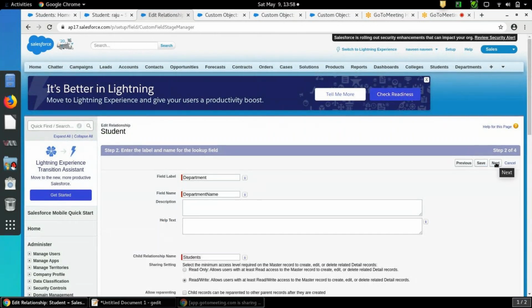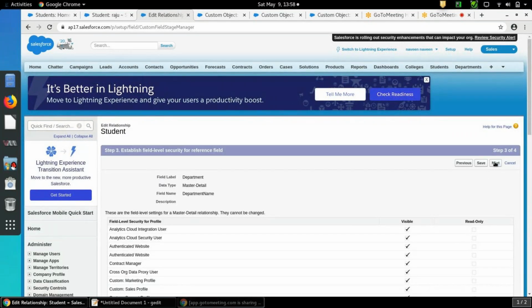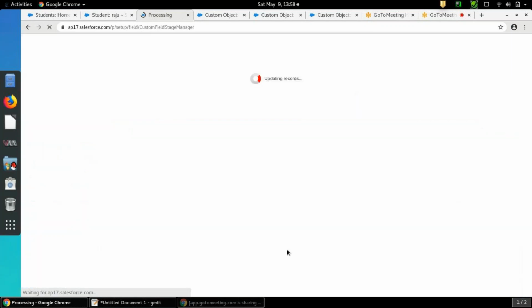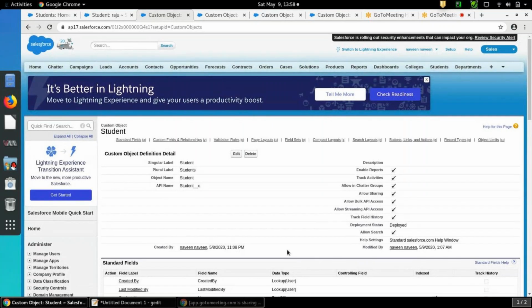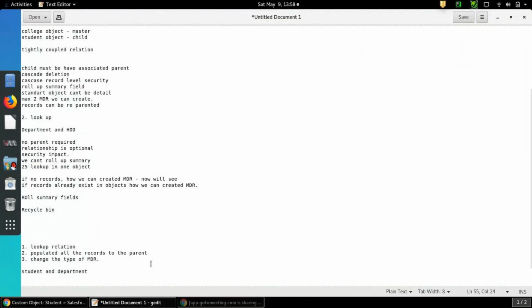Okay, next, you don't need to change anything, next, save, save. Can you see the relationship between student and department has become master detail? Okay, now we have seen this scenario also.